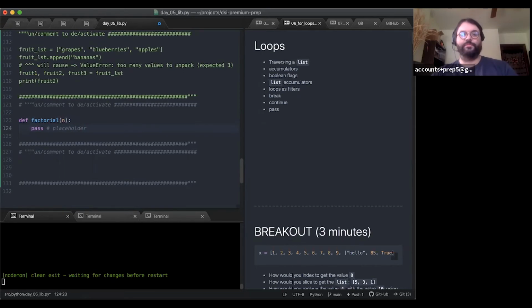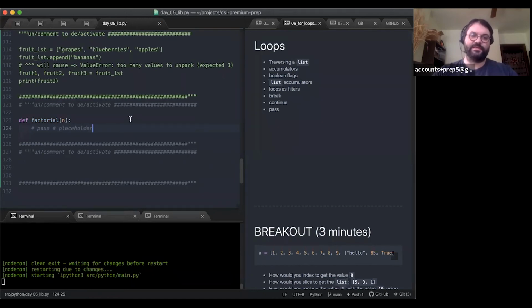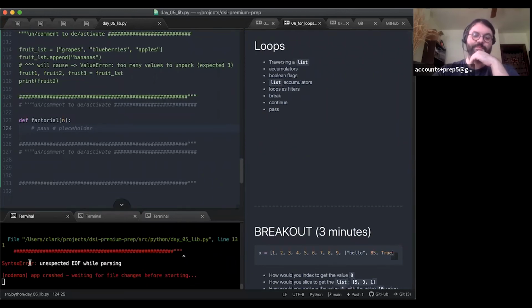You might think, well, why do you need a placeholder? Why not just leave it off? Notice my syntax highlighting changes on this line if I leave off the pass. I'm going to get an indentation error, or I might expect an unexpected EOF, since this is the last bit of code.